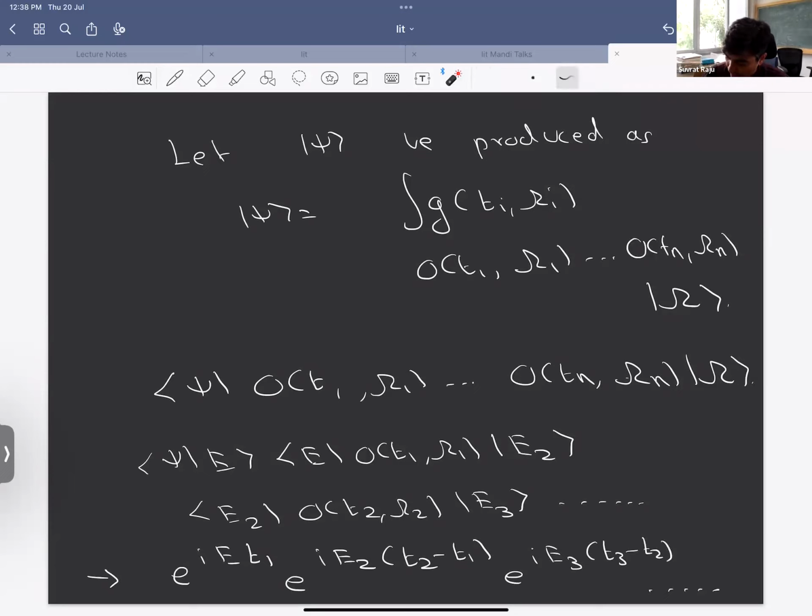So this arrow just means I'm looking at the t dependence, and you can see that this t dependence will all be of this kind. Is this clear, or am I going too fast here? Because I suddenly stopped getting questions. There is a raised hand actually, Suvrat. Oh, go on, please.